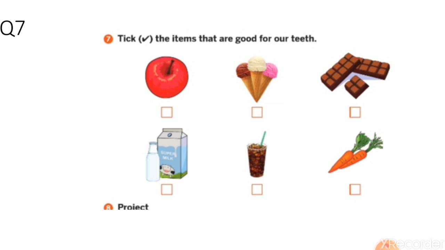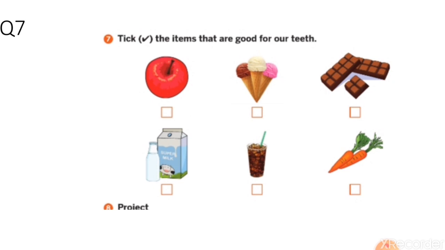Then the next is milk. Milk is very good because it provides us the essential mineral that is called calcium. Calcium helps to rebuild the tooth enamel. So it is very good for our teeth. The next picture is about some carbonated drink, some coke like that product. It is also very harmful for our teeth, as it wears away our tooth enamel. It damages our tooth enamel. So we must avoid drinking this carbonated drink.